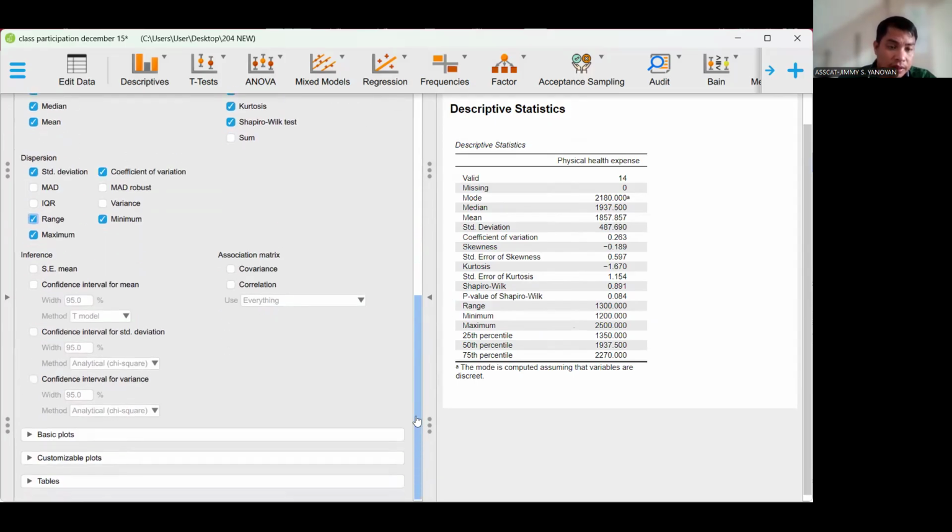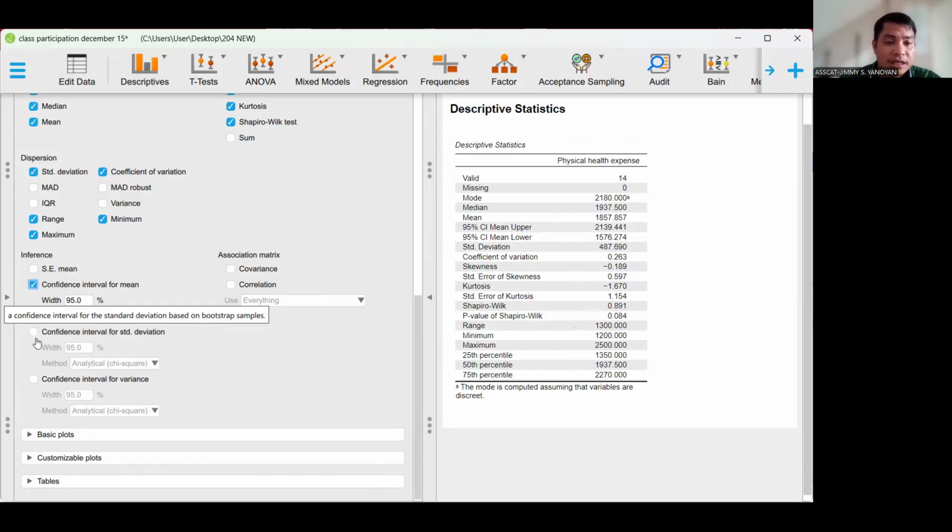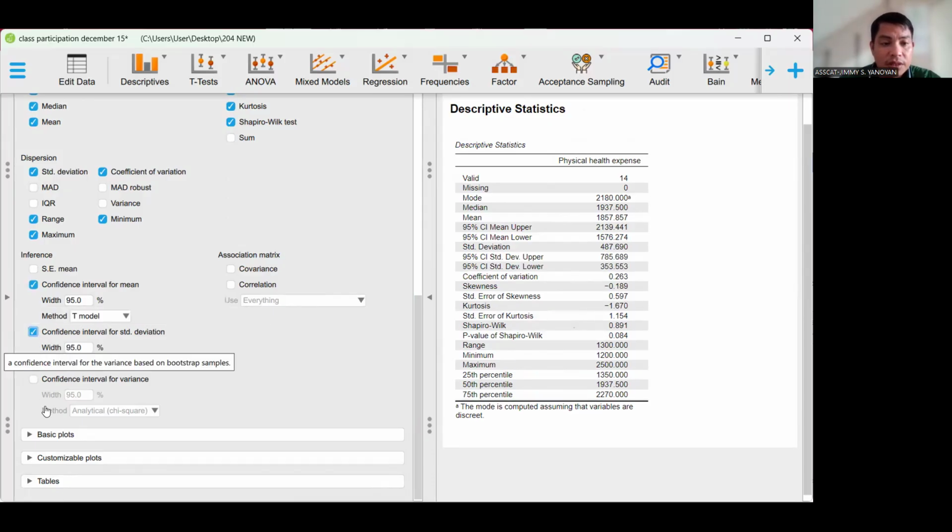Okay, next we are going to click also on the inference or the level of confidence. So we are going to click on the confidence interval for the mean. We can click also the confidence interval for the standard deviation, and also the confidence interval for the variance.